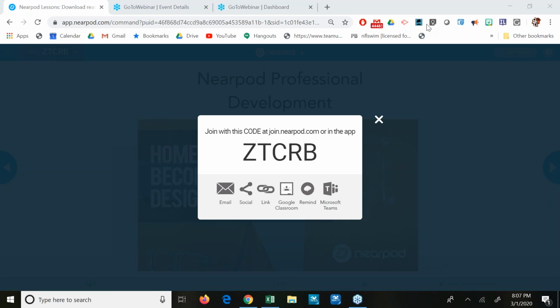Basically, Nearpod is what I've called PowerPoint on steroids, because yes, it functions as a PowerPoint, it functions as a direct instruction tool, which is fine and dandy. But what we're trying to do with the new ISTE standards, and with kids in general, is to get them to be more interactive, to have lessons more engaging. And that's one of our foundational 5s as well. So we want to engage our students as much as possible, and using this product will definitely help us get there.